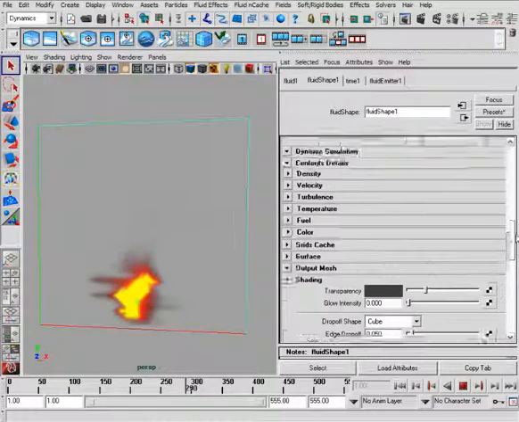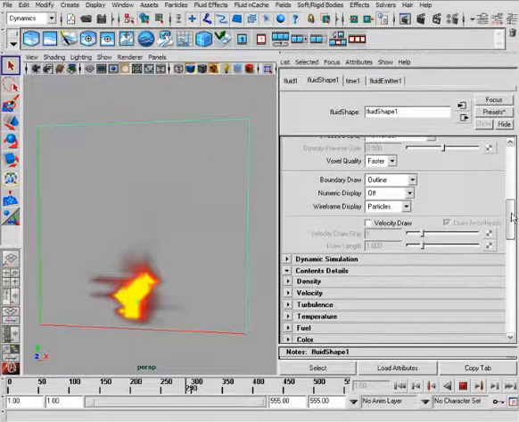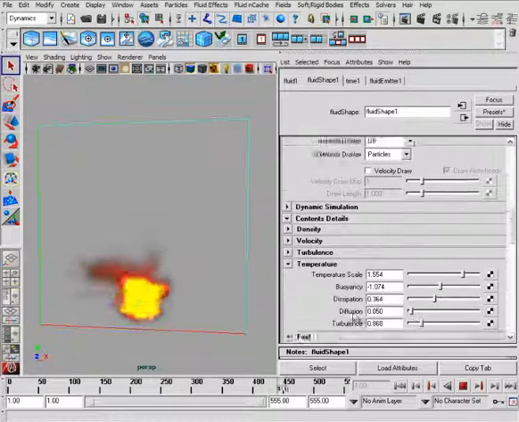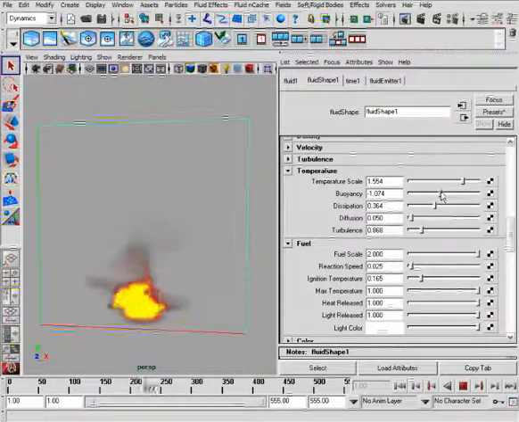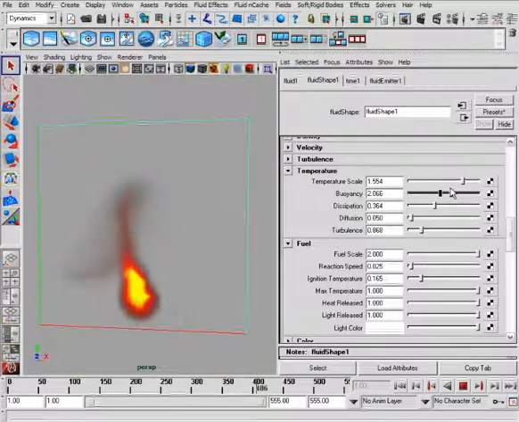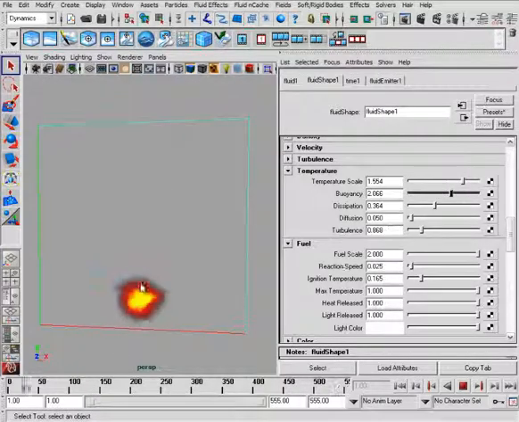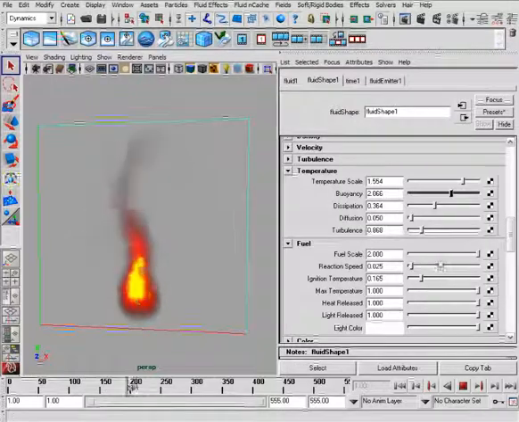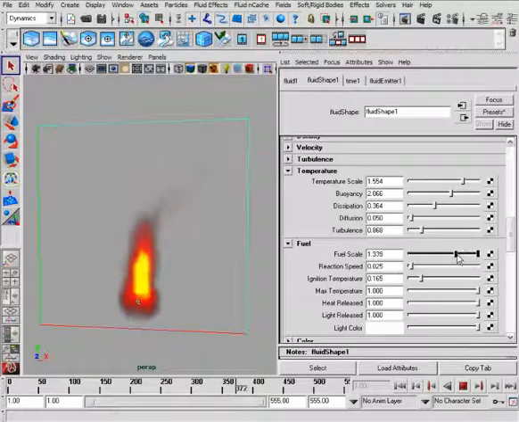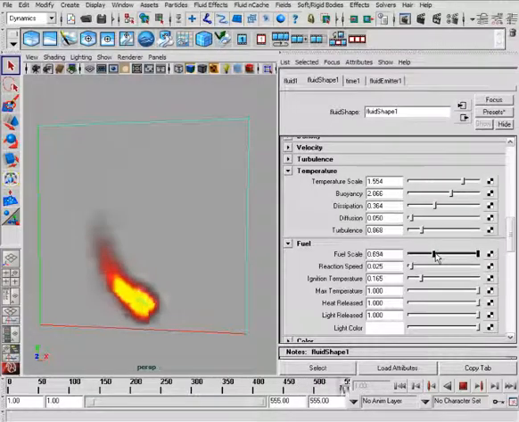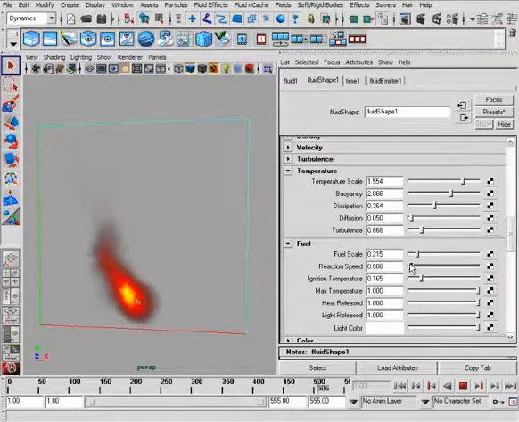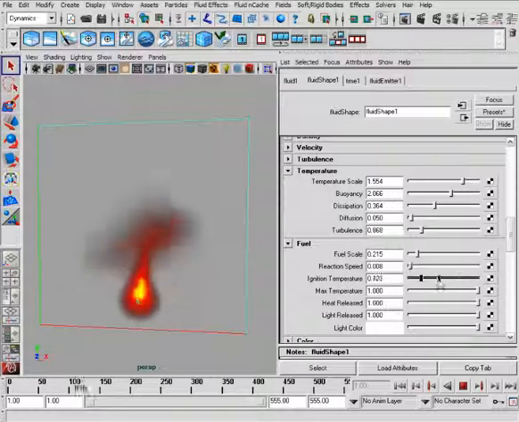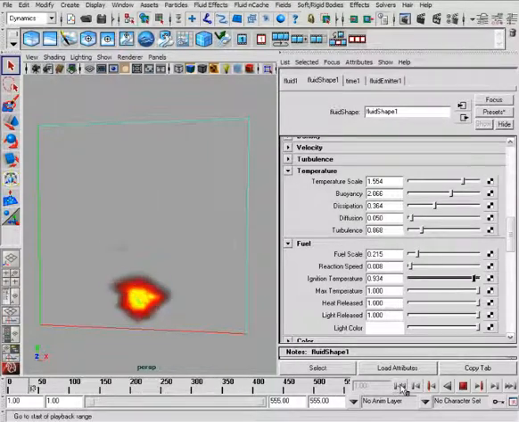Now, if we go up and return back to our temperature, let me just roll this down, and fuel, we can now start to tweak these settings. So for example, if I increase the temperature to go higher, you notice now the heat is towards the top here, and I can reduce my fuel, the amount of fuel that I'm introducing into the system. Okay, and I'll decrease the reaction speed. And let's increase the temperature. So it'll now build up a little bit longer